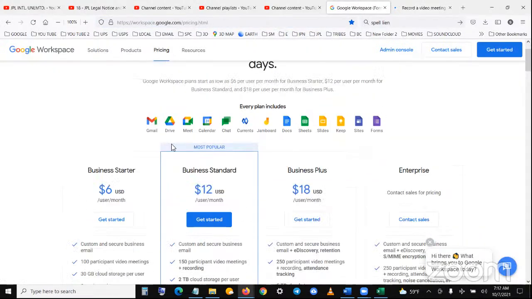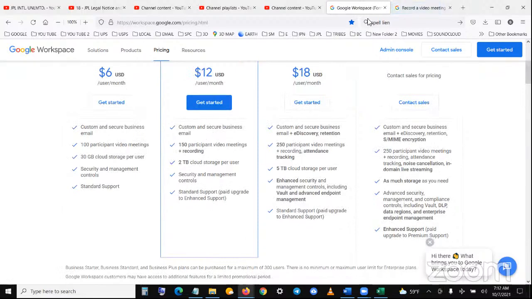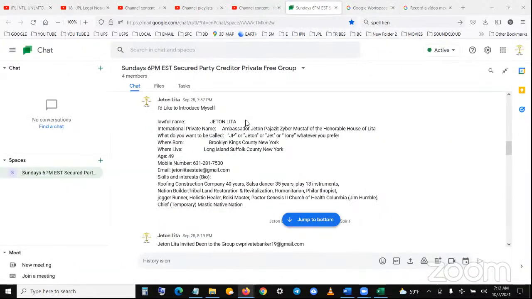Let me just get these two windows up. So basically what I'm going to be able to do, right? Now I'm going to open up the chat, I have it opened up right here. Let me go to a place on the chat that doesn't show any information, and then I'll share it. One moment. Okay, right here. So basically this is a chat right here, right?